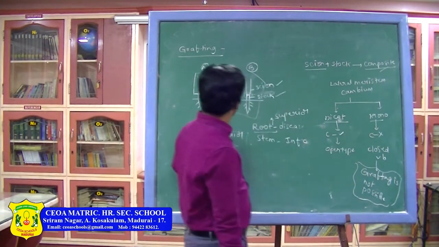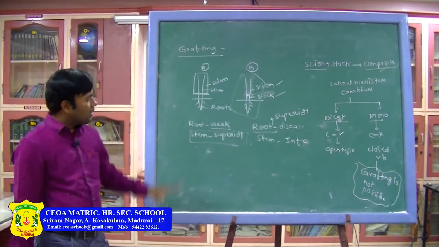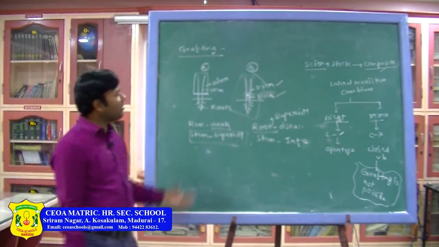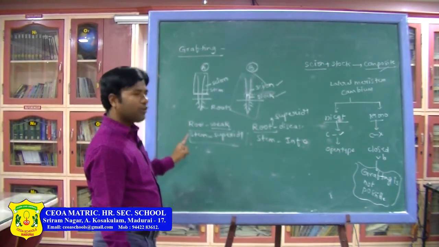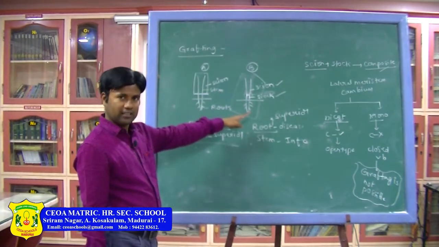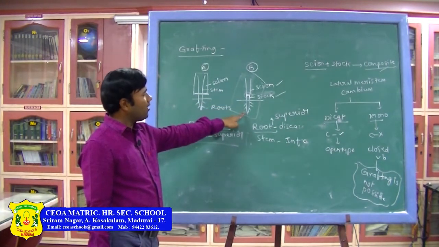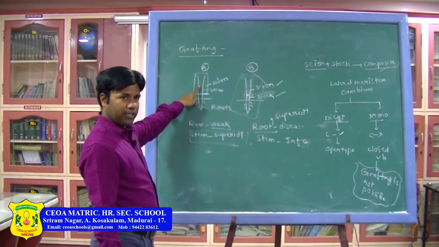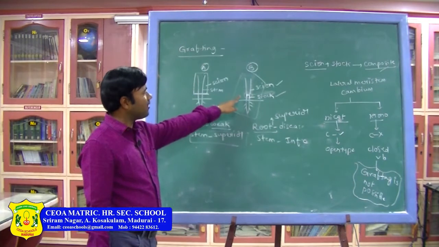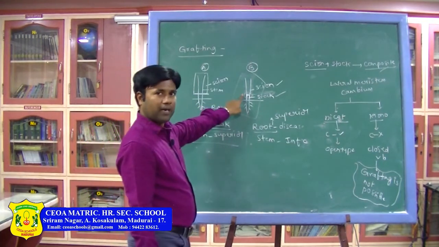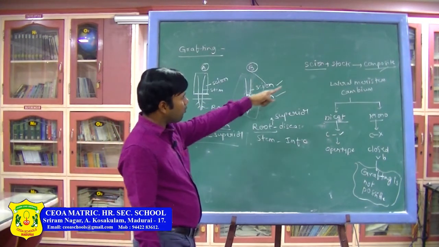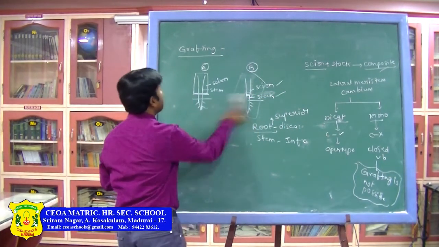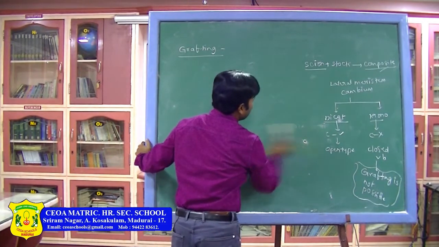So this is about grafting. This is the basic concept of grafting. Again, there are different types. First of all, you need to understand what is scion and what is stalk. The stalk is connected to the root, and the root is superior here. The scion, the stem, is superior. That scion we cut and insert on the stalk part, and then we get a composite plant. This is about grafting. Let us see the different types of grafts.